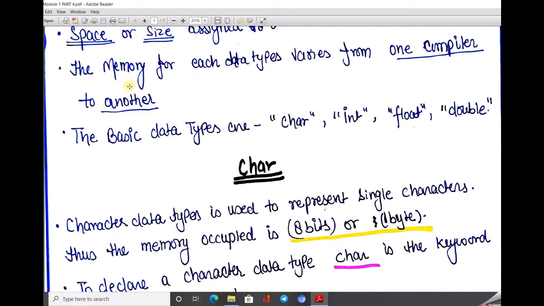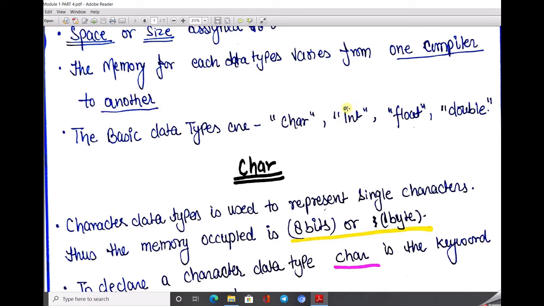Okay, so there are many data types in C language, known as char, int, float and double. Again I repeat, always concentrate on the case sensitivity. That means here we write everything in lower case only, not upper case.